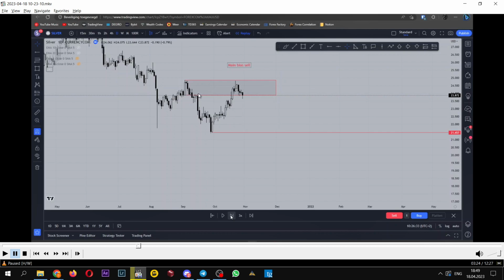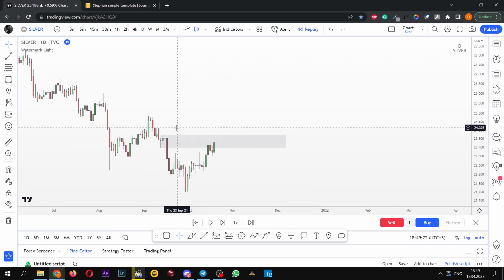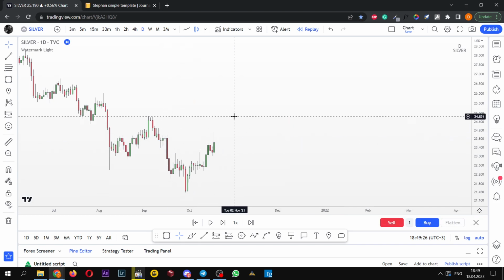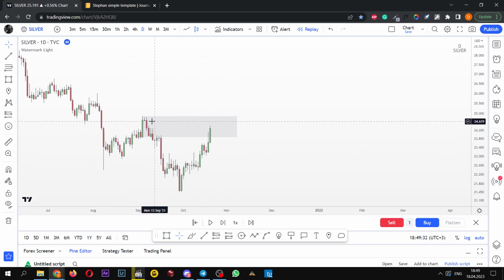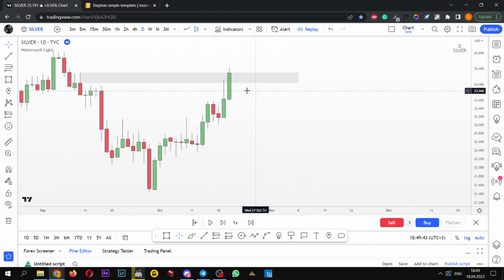So if you have this zone, what you should do is, and at this time you already need to go to lower time frames. So if you have this zone failed, now you have this zone. Basically this zone is mitigated by this one, so you don't have an imbalance left. What you have here is this one, weak, unmitigated, you see,